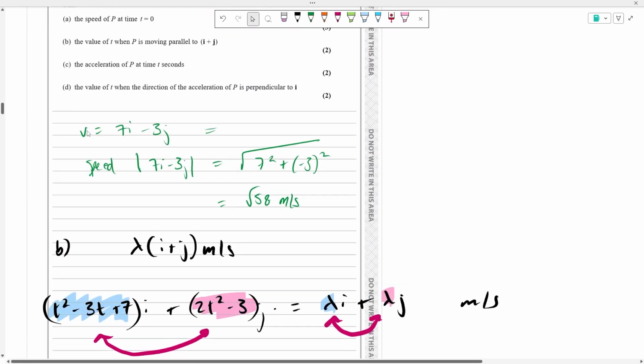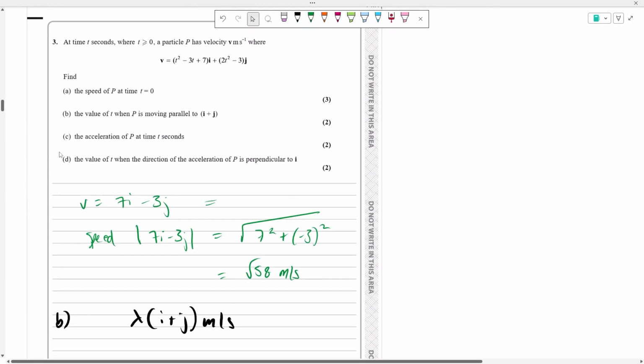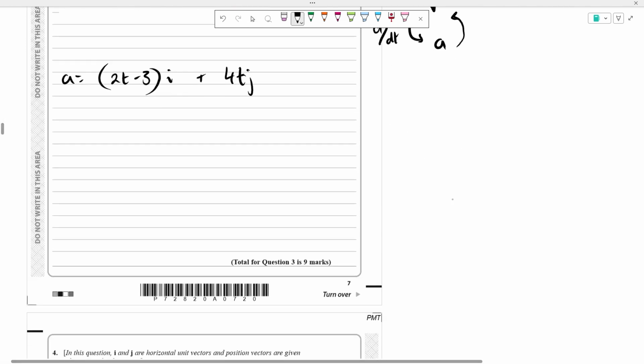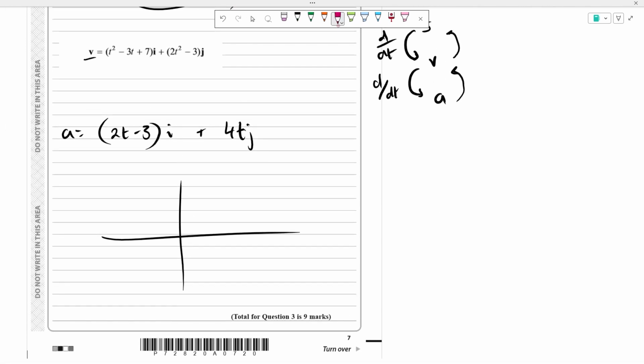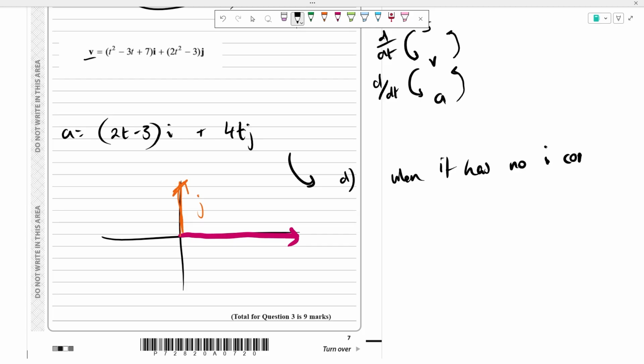Okay, and that was question C. Question D says: find the value of t when the direction of acceleration of P is perpendicular to i. So perpendicular to i, well, i is going to the right, right? Therefore, being perpendicular to it must be going up, which is essentially j. So essentially what it's saying is, at what point do you have the acceleration in part D when it has no i component,